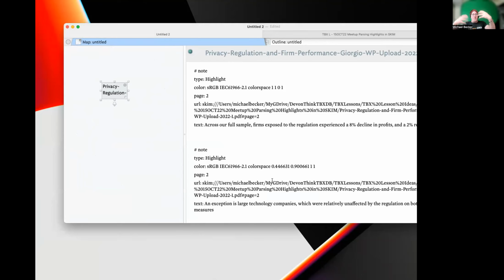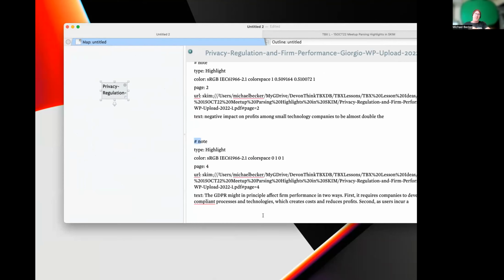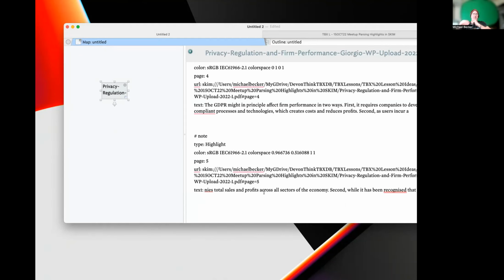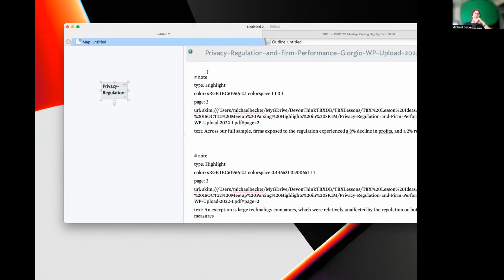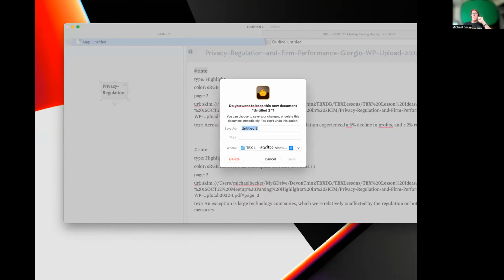So you can start by doing this with any text file, and you'll see that I have each of the individual notes dutifully broken out by this designator #note. That's the key that helps me know this is the separator of every note. You can make this designator anything you want if you go in and mess with the SKIM export template. Now, if I go back to, oops,